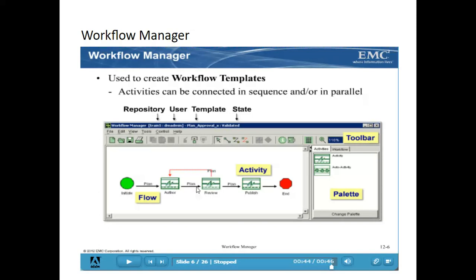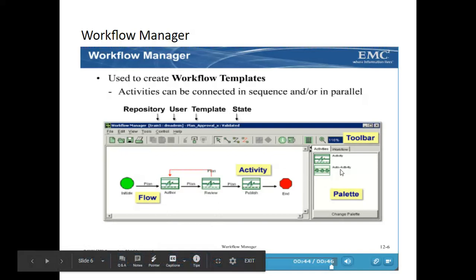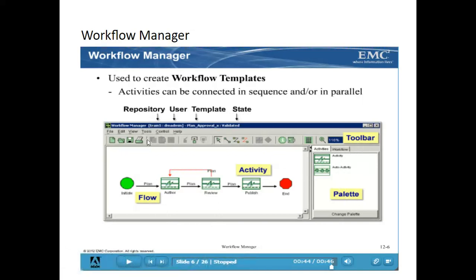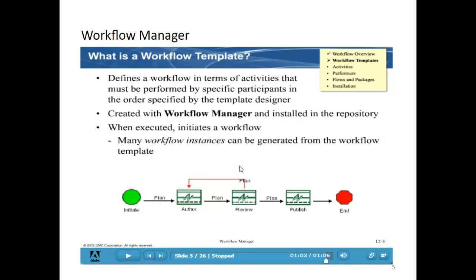There are two kinds of activities: one is manual activity, another one is auto activity. Okay, you can drag these out from palettes using the toolbar. In this template you can see the repository name, username, the template name, and the state of the workflow.